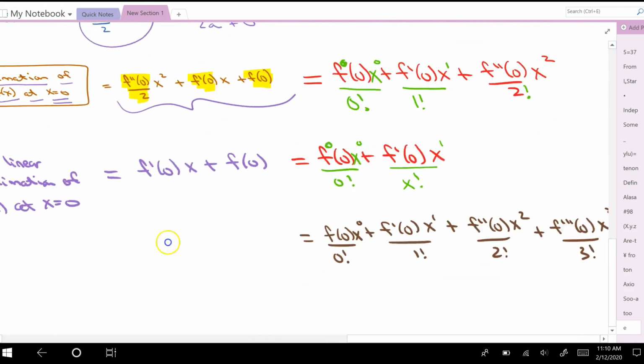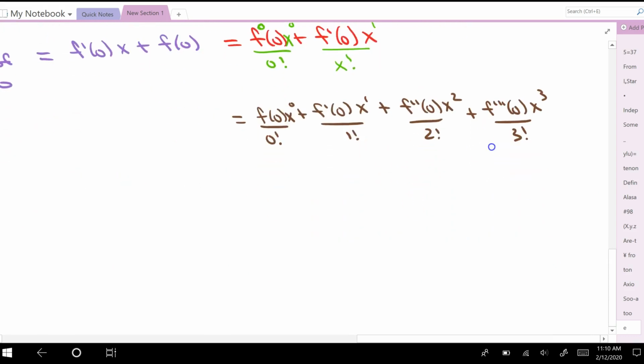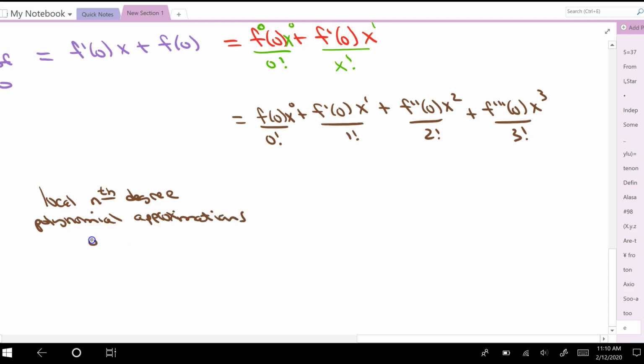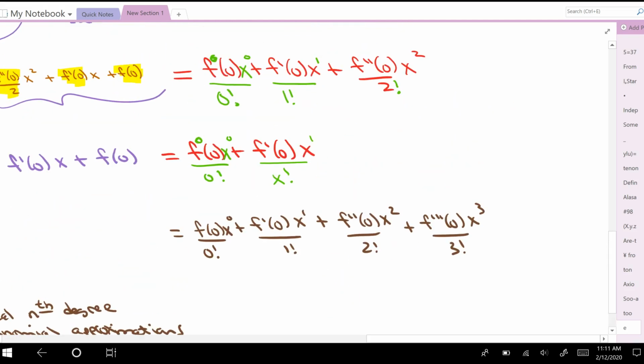Now, let me go through here and say this. What is the local nth degree polynomial? Why is Miss Yam calling these polynomial approximations? Oh, I know why. Okay, why is Miss Yam calling these polynomial approximations? Well, because